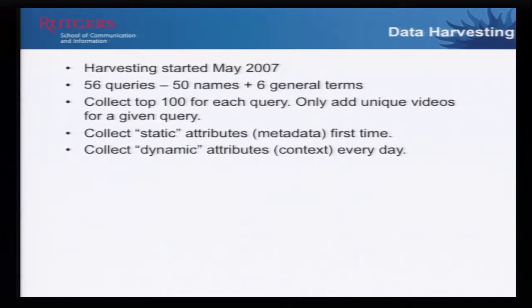And then we put in a few general search terms, things like presidential election 2008, decision 2008, and so on. So together we had 56 queries. We put them in this ContextMiner. And then what we did, we just set them to run automatically every day. Every day, these 56 queries will go out to YouTube, get the top 100 results, and just store them in our database. Okay? Now, every day when we do this, of course, there's going to be overlap between what you've already seen and what you're finding today. So we'll only collect the new videos.